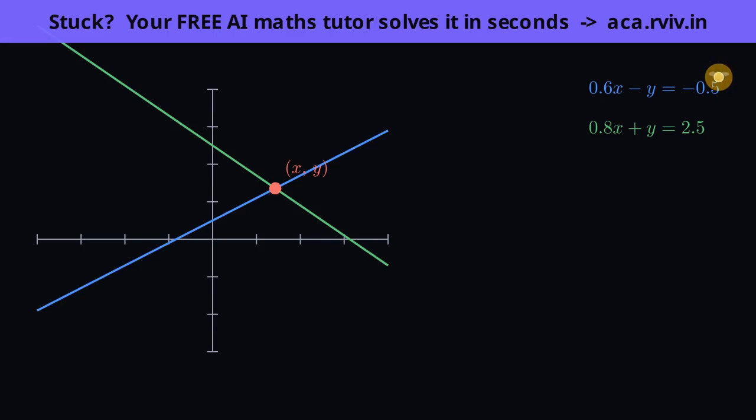Its x and its y, read off together, are the one pair of values that makes both equations true at the same moment. Feed those numbers into equation 1 and it balances, feed them into equation 2 and it balances too. That's what a solution to the pair means, one point, satisfying both. Hold on to that picture, because everything else in this chapter is just different ways of finding this meeting point.